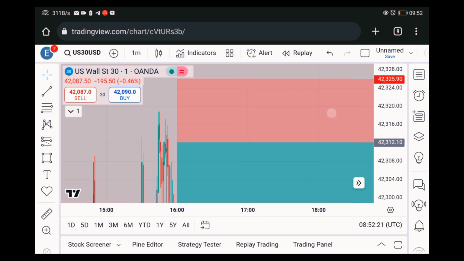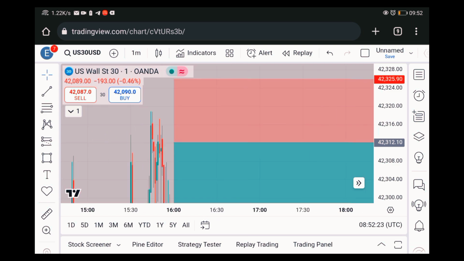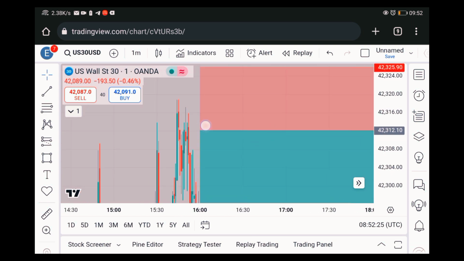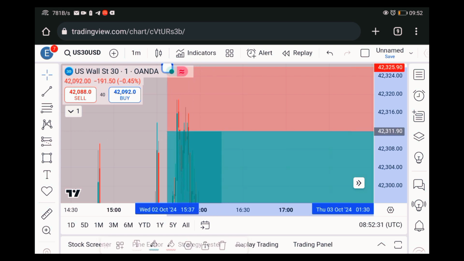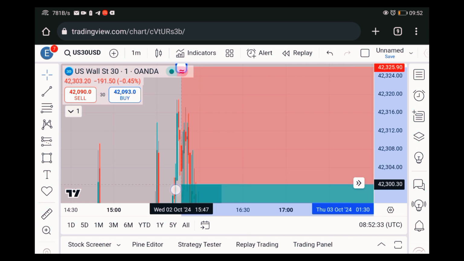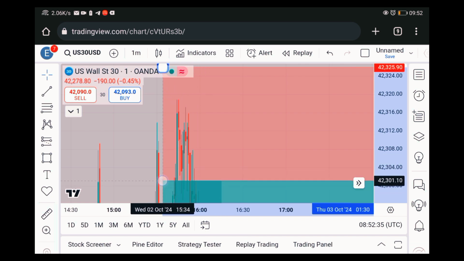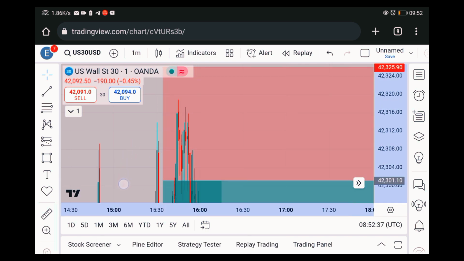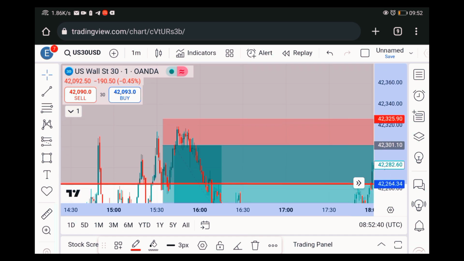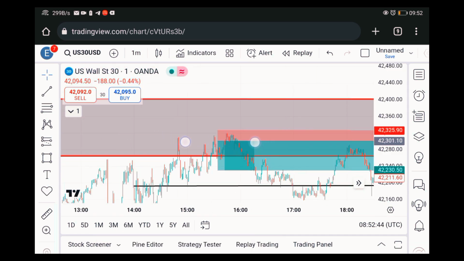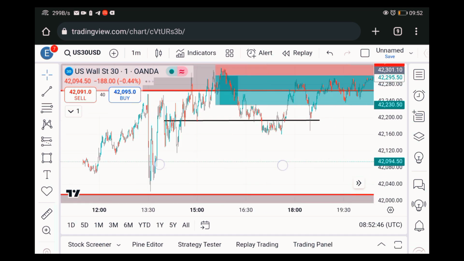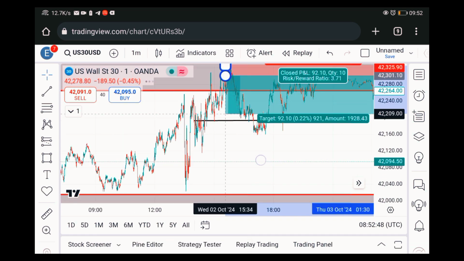Here on my 1 minute, this happens to be the last down candle before the move started. Was this very one? So that was where it's supposed to be, and my stop loss will be a bit above that zone. And my targets,